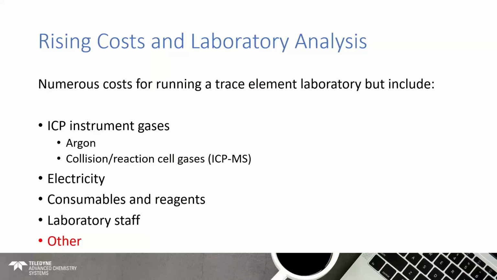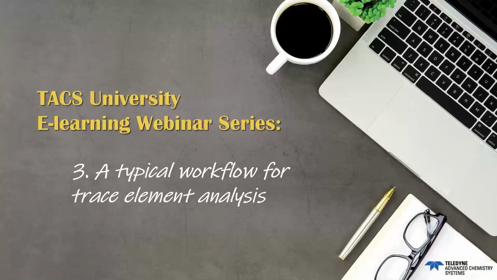And you also might have other issues as well. So in the recent years, we've had issues with getting hold of certain reagents. Acetonitrile is a good example of this when you've got production problems going on around the world. So we'll come back to rising costs, and I'll move on to just a typical workflow for a trace element